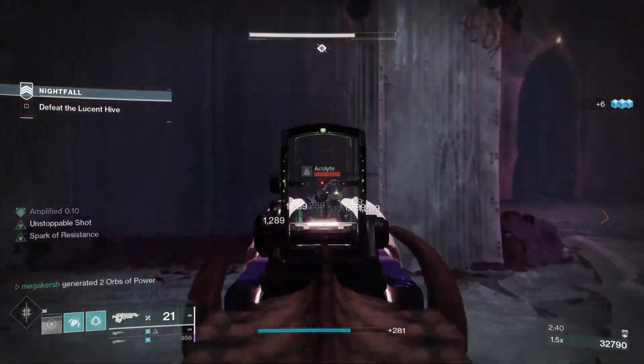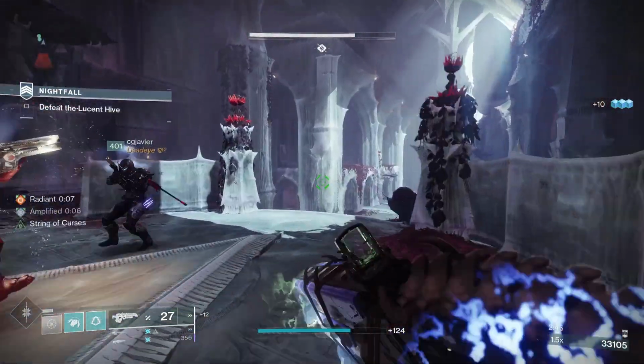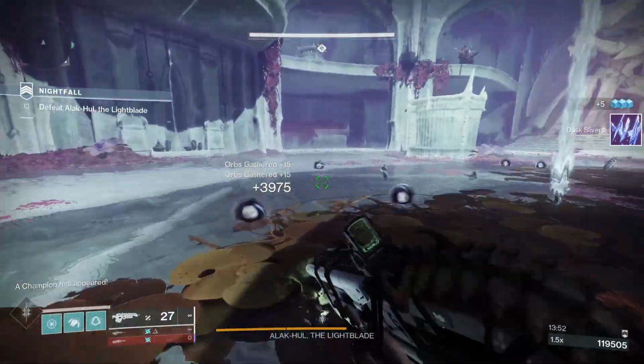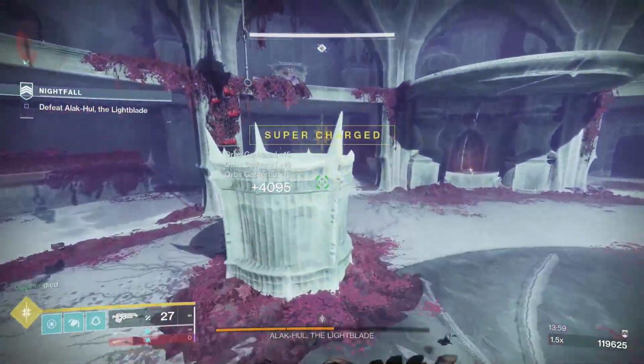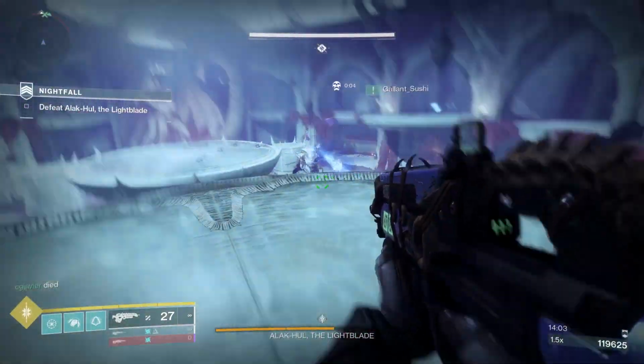So first of all, it's all about using your super as much as possible. The reason why we want to use our super as much as possible is to reflect the enemy attacks. So during our super, we can use our Arc Staff to reflect attacks according to the perk description. So attacks you redirect with your Arc Staff deal massively increased damage, and massively increased damage sounds very good, although